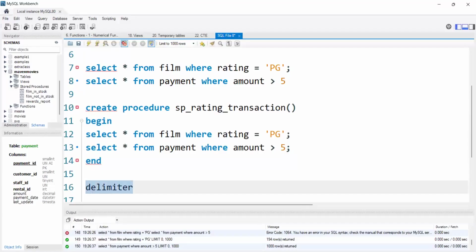Delimiter, in the sense, in SQL by default the semicolon is our delimiter. That means a delimiter is a symbol which SQL will understand as the end of the query. That one we will call a delimiter. For example, in all SQL tools, MySQL, SQL Server, PostgreSQL, everywhere,